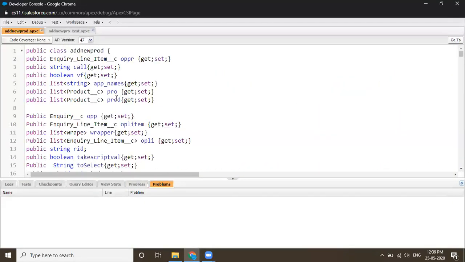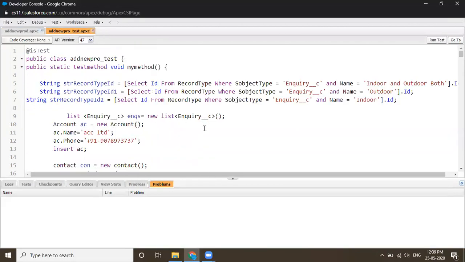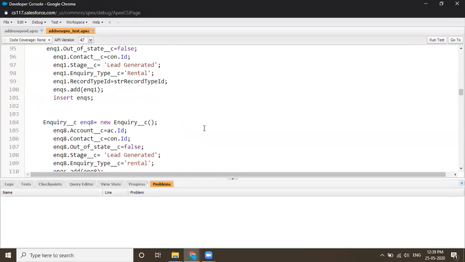Now the second point comes: what is a test class? A test class is to prove whether we have covered the whole code. A test class is there in Salesforce when we are doing deployment. We need to test our code, or rather Salesforce tests our code by our test class. So I have written a test class for this. For the test class also, you need to write the code. So yes, you need to write the code.